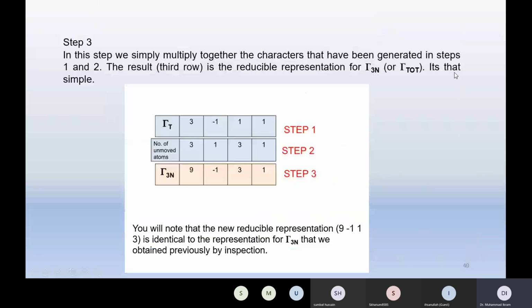It's that simple. Like gamma t और number of unmoved atoms इन दोनों rows को multiply करें. So 3 into 3 is equal to 9. 1 into minus 1, 3 into 1 is equal to 3, 1 into 1 is equal to 1. This is called Γ3n या Γ total भी हम इसको कहते हैं. So you will note that the new reducible representation 9, minus 1, 3 and 1 is identical to the representation for Γ3n that we obtained previously by inspection. जो हमने इधर derive किया था,